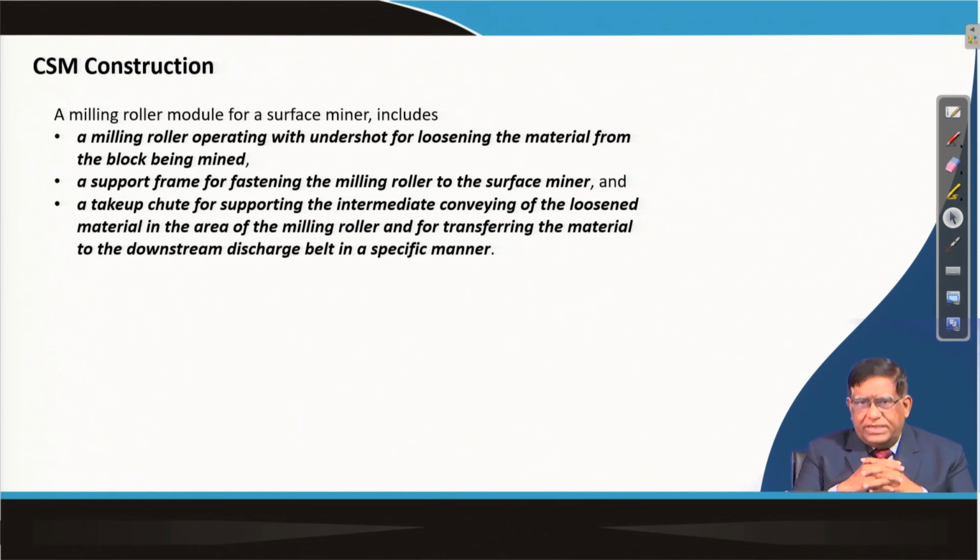intermediate conveying. Now, when the drum cuts the material, that material is fed into a discharge boom conveyor. There will be a conveyor belt by which the material will be going to a discharge boom, and that conveyor can load a truck, or there is a provision that, just like a feeder, it will be forming a windrow, and the material will be just piled up at the front, or opposite to the direction of the motion of the machine.